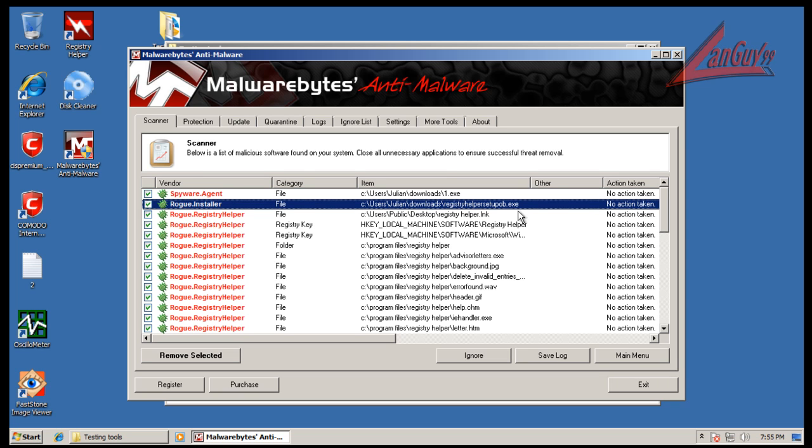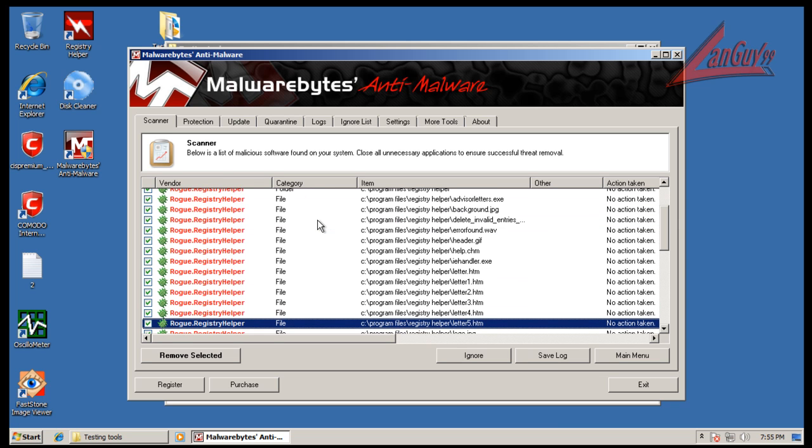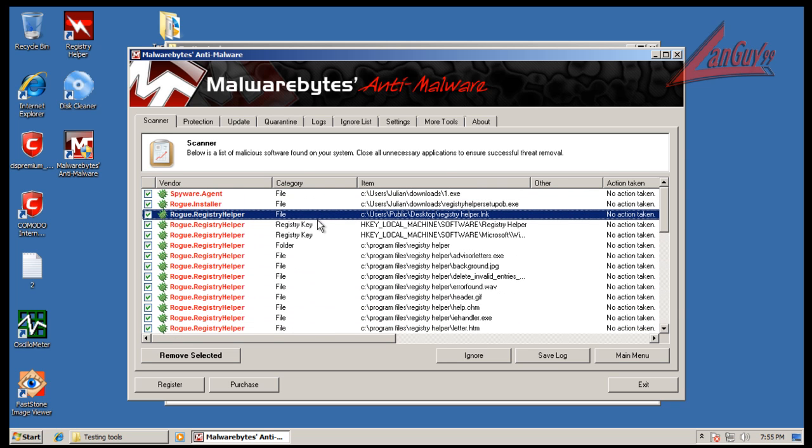Okay, so we have those two files in downloads that I downloaded. We have a link file here. This is all part of that registry helper deal. So in reality, it's one thing, just multiple things associated with it. Now my question is,